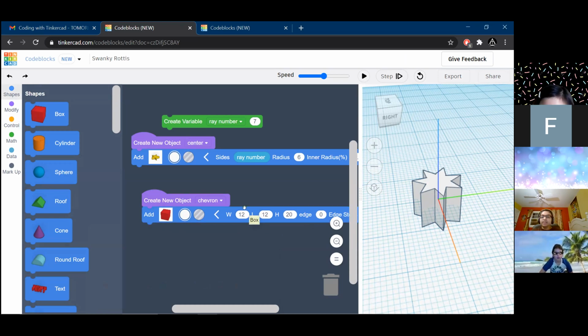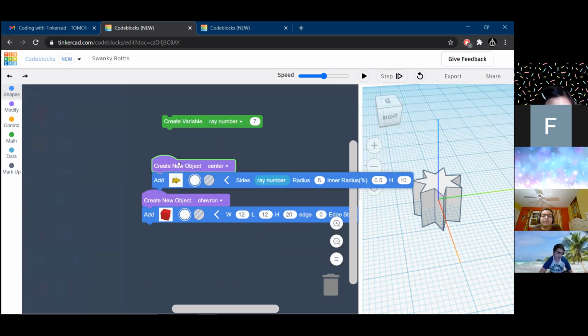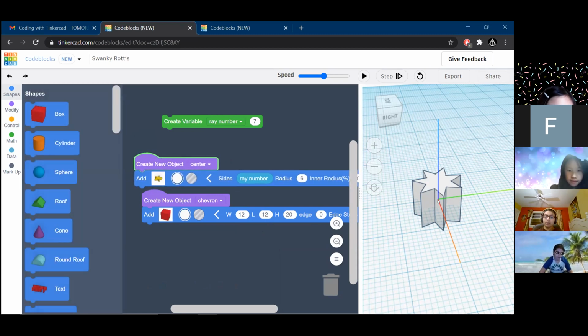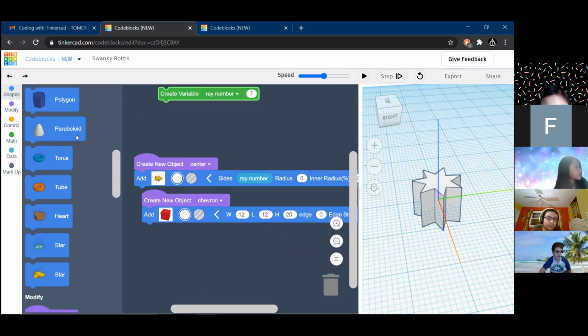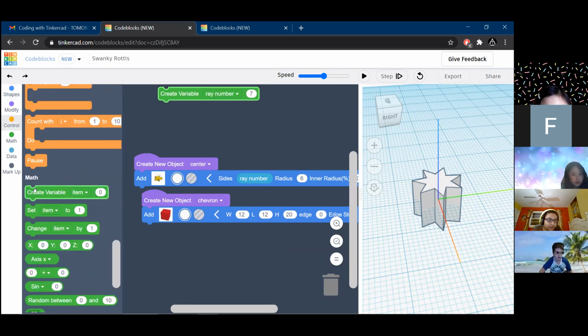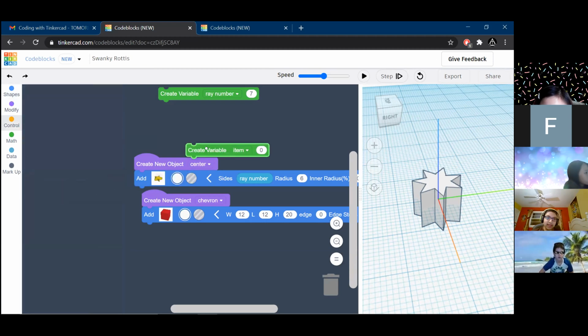Now, we want everything to be flat, right? We don't want some parts sticking up higher and some parts a little bit lower. We want everything to be flat. So an easy way to do that is to create another variable. We're going to scroll down to the green one where it says create new variable, and we're going to stick it right underneath the other create variable that we had.